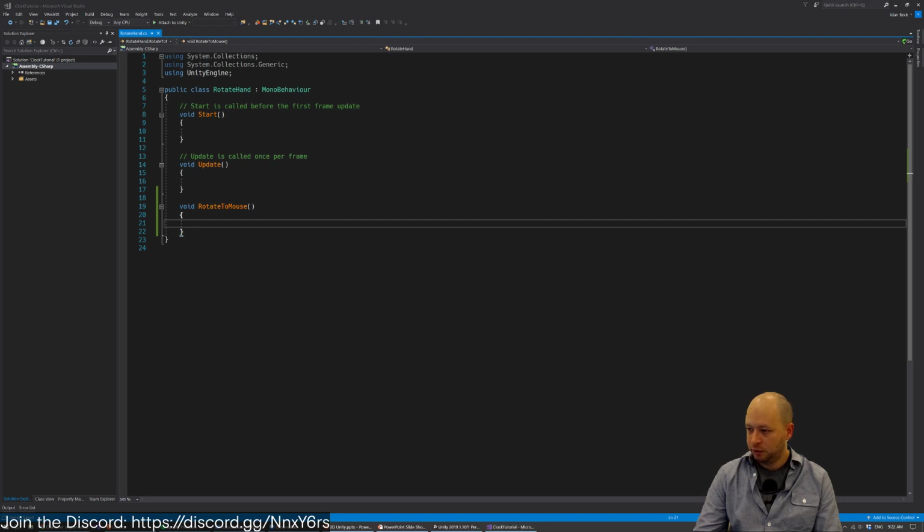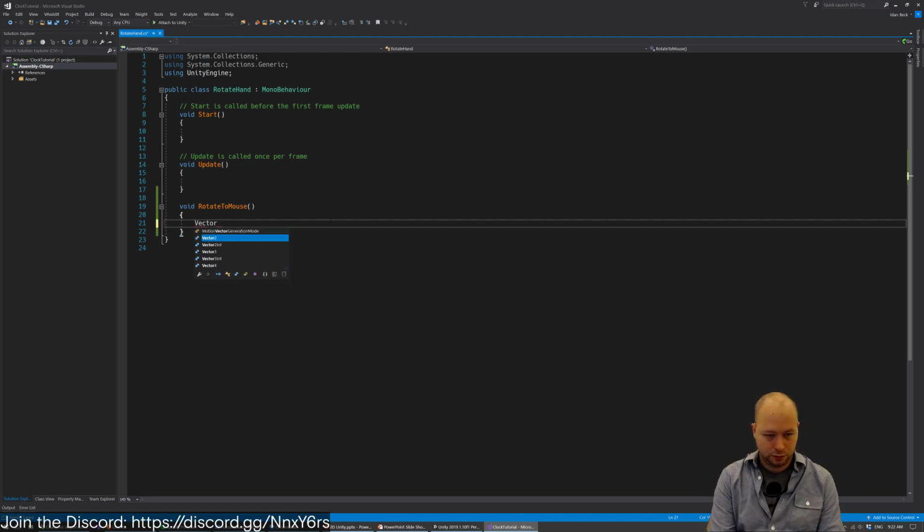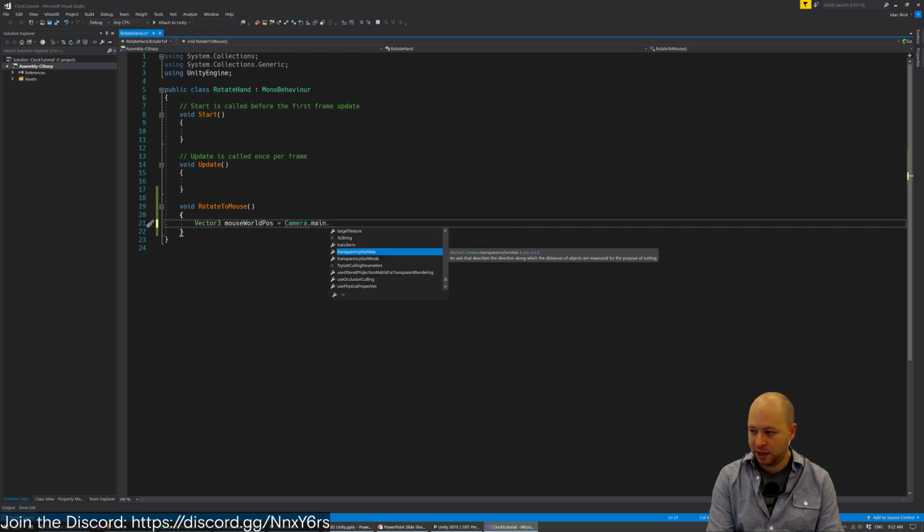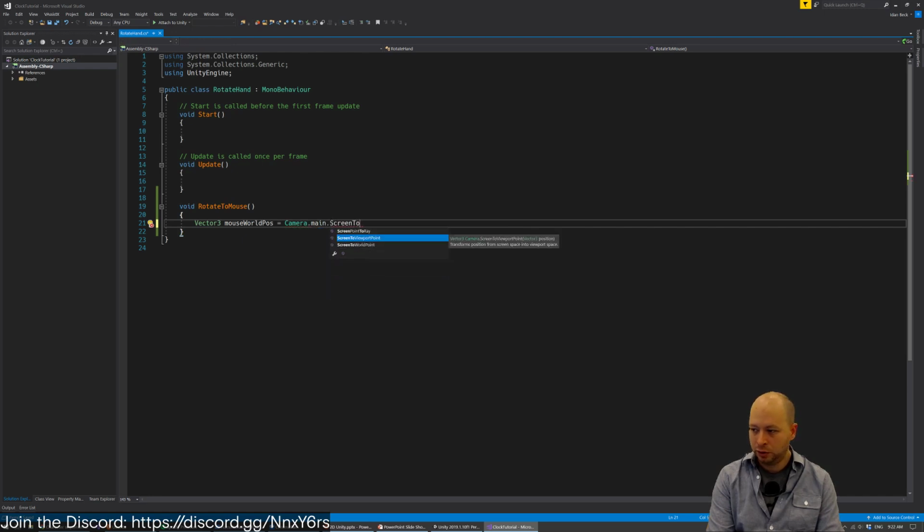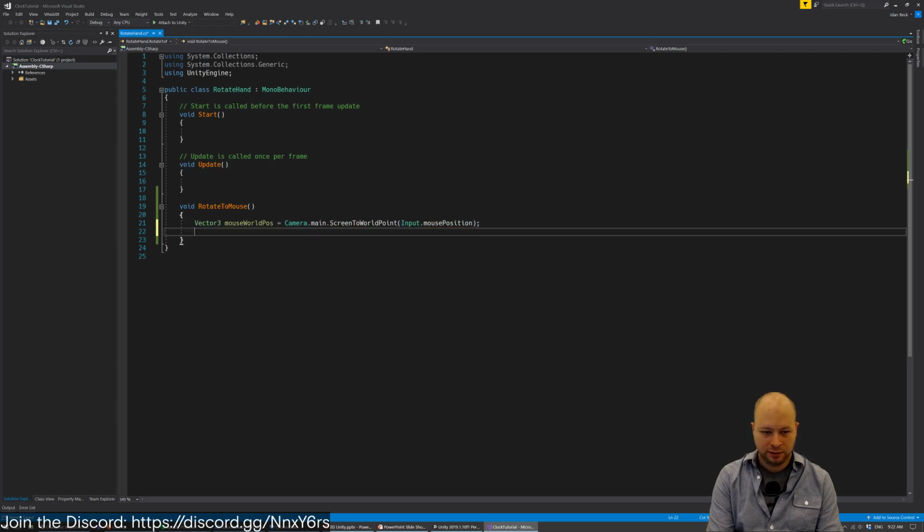So first we need to get the position of the mouse. To do that, we're going to create a Vector3 mouse world position. The way we're going to do this is we're going to get from Camera.main, the main camera, and then ScreenToWorldPoint. You'll notice there's a bunch of other functions showing up. We're going to get Input.mousePosition. And that's actually a really eloquent